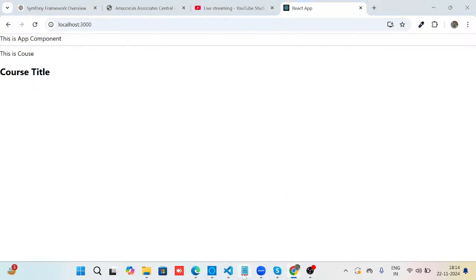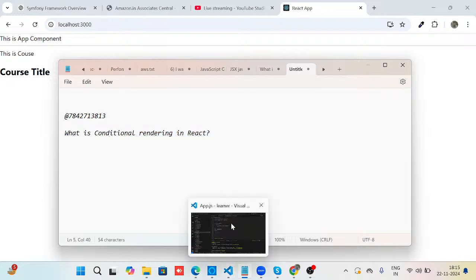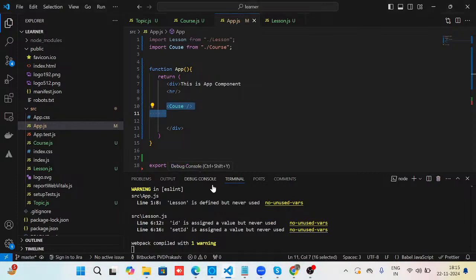So now I have explained the concept called conditional rendering in React. Conditional rendering means if you want to render a component based on some condition, that is called conditional rendering. For example,